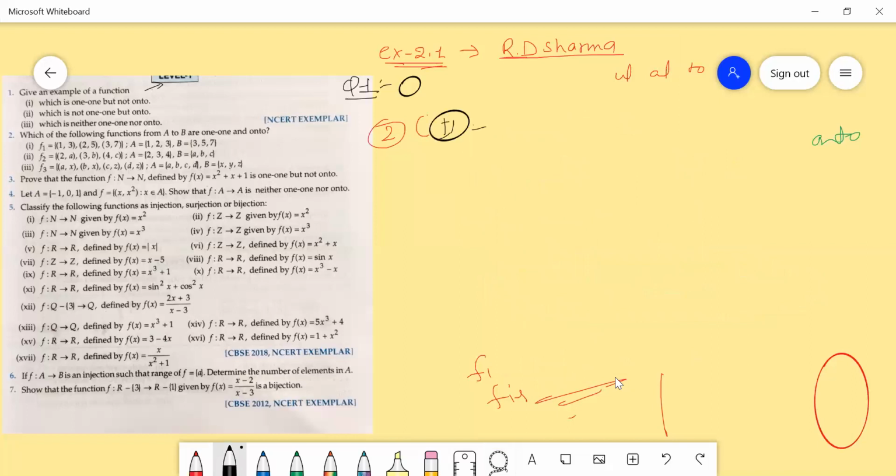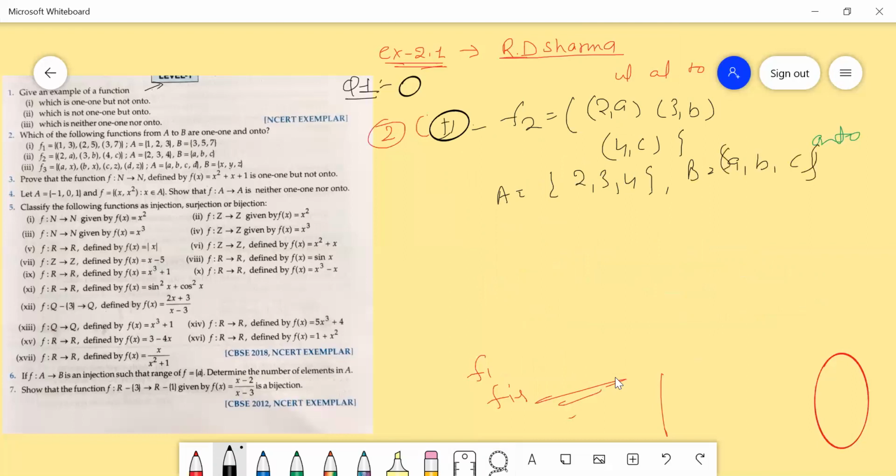The second part is a function we have defined: 2→a, 3→b, 4→c, where A is 2, 3 and 4, and B is a, b and c.